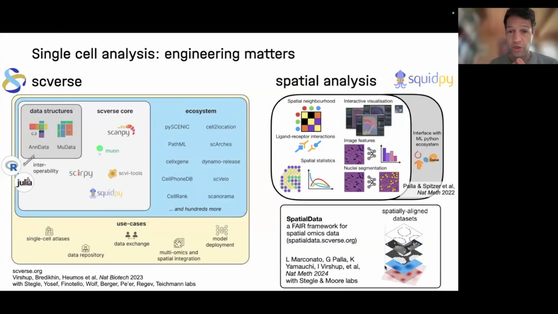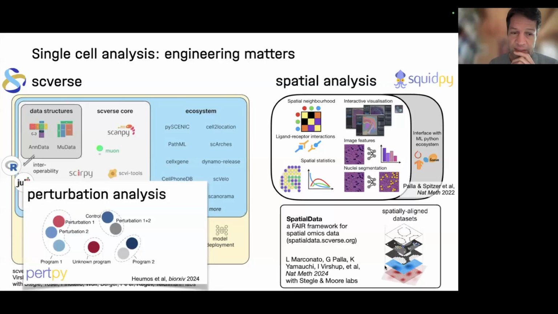We run a NeurIPS competition on top of this stuff, but this thing needs to be fixed. Most recently, we've also been going into perturbation analysis, representation of, let's say, a drug screen with a single cell readout, and putting this together. So some technical work, but I think exciting and useful to have downstream. Happy to connect if you're interested in this.